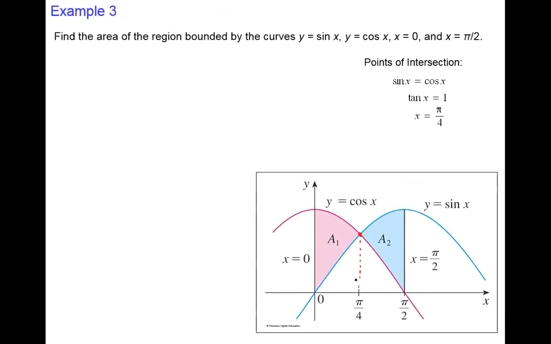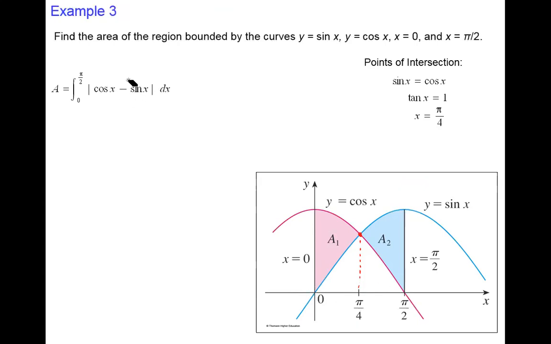That's what I will do. I will integrate twice, from 0 to pi over 4, and from pi over 4 to pi over 2, which actually, you might tell me that I can use the symmetry. I can integrate once and multiply by 2. That's also a solution. That means overall statement, overall definition for the area is the integral from 0 to pi